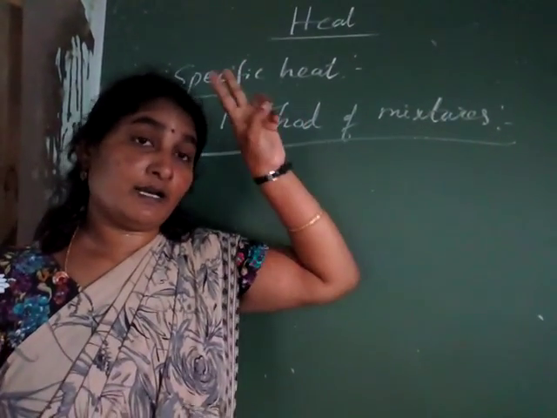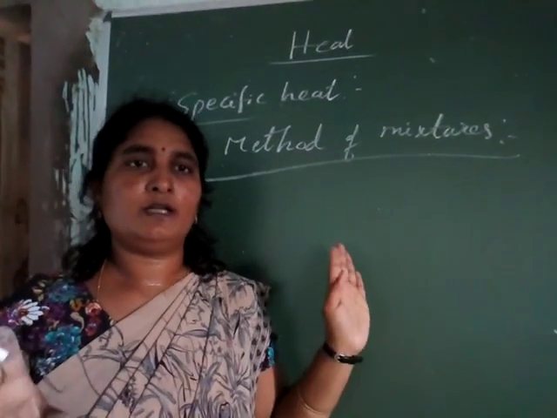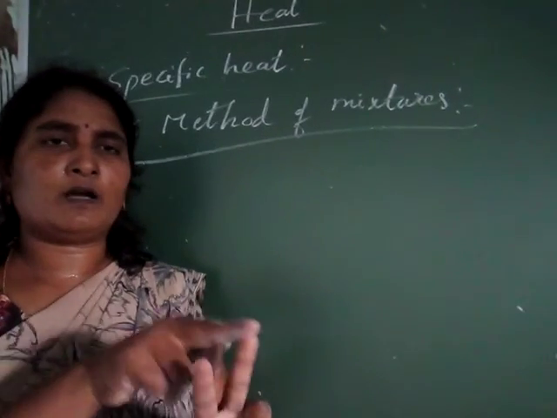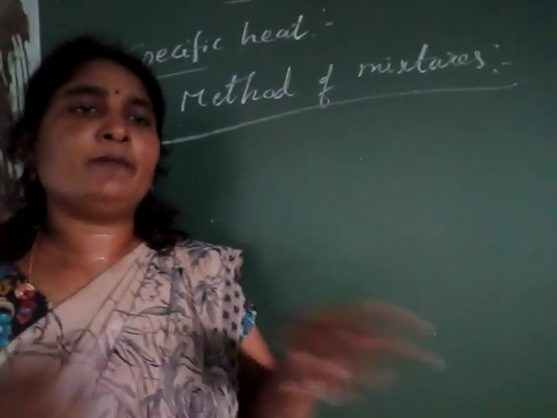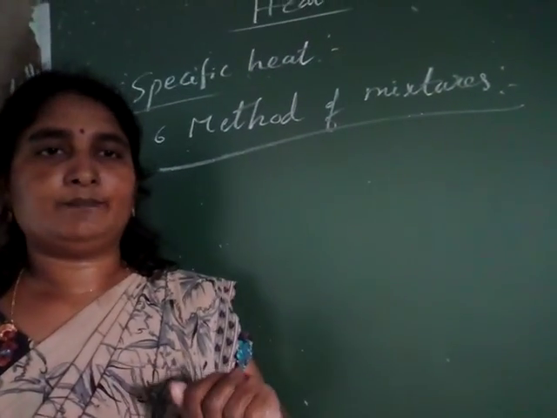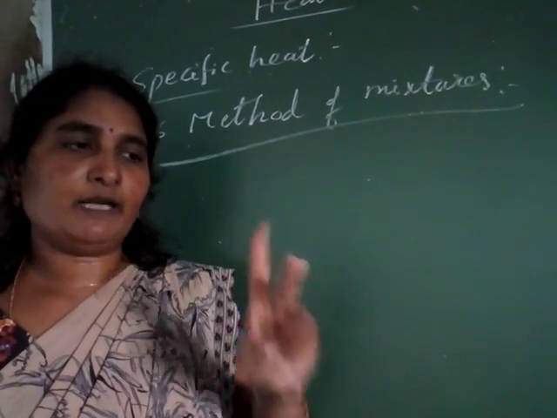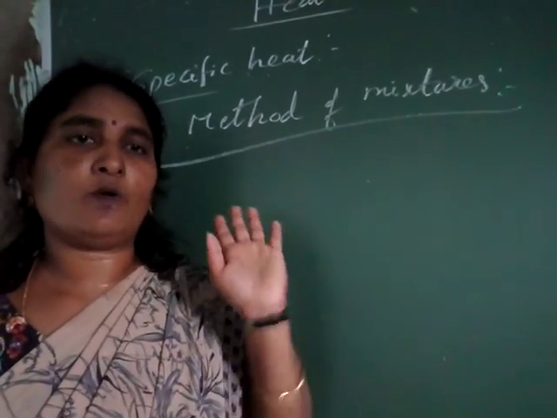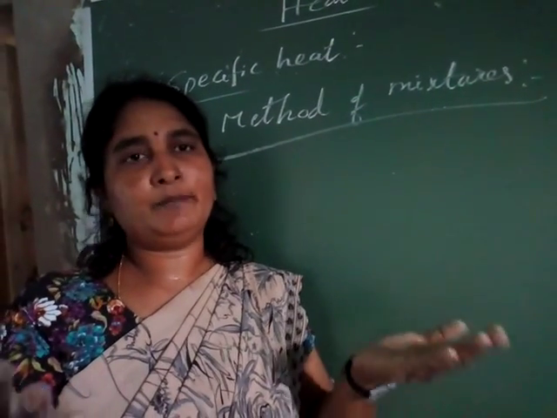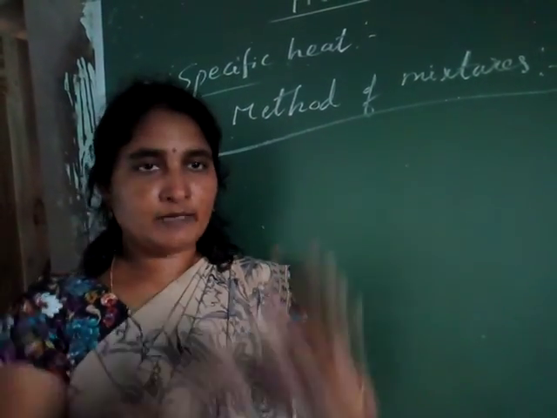You have already learnt so many mixtures in 9th class. But here there is no need for more substances. In heat we have two substances only: one is the hotter and the other is the colder. If you mix those two only, that is called the mixture of substances here in the heat lesson. One is the hotter substance, another is the colder substance. Suppose you are taking same temperature substances and the same amount of substance, and you add both.